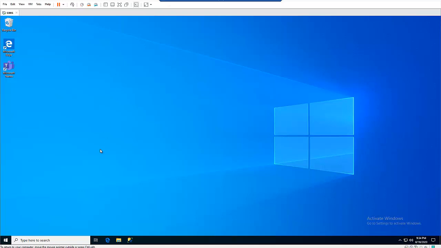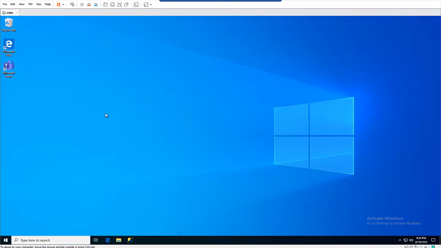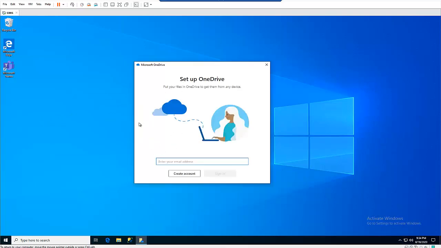To configure OneDrive for the first time, you have two options. One, I can go to the show hidden icons here, and here you see I have the OneDrive, and I see not signed in, so I can just double click on it and then sign into my OneDrive. Or I can go to my start menu here and type OneDrive, and here you see we have the OneDrive app. So click on the OneDrive app,